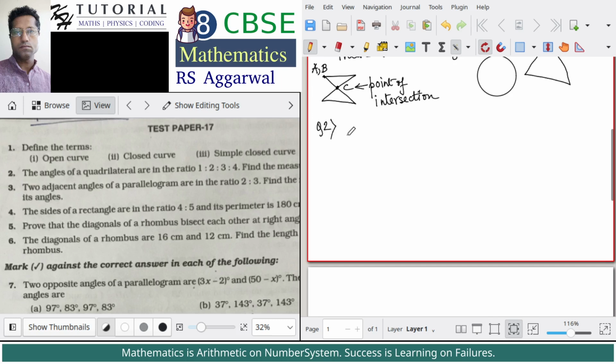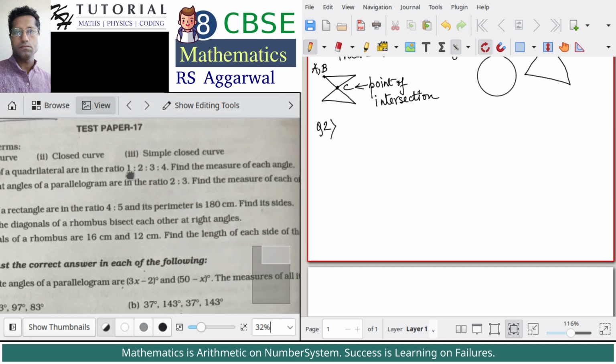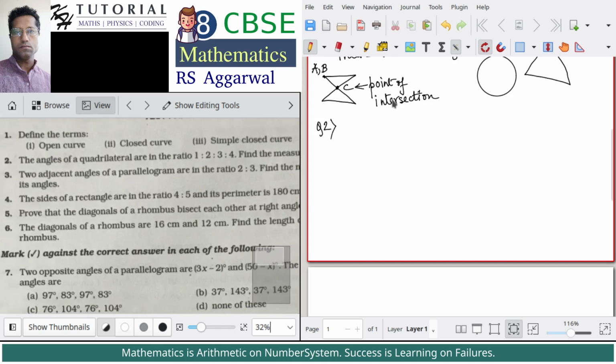The angles of a quadrilateral are in the ratio 1:2:3:4. Find the measure of each angle. Okay, so it is talking about the angles of a quadrilateral. So let the angles be x degree, 2x degree based on the given ratio, 3x degree